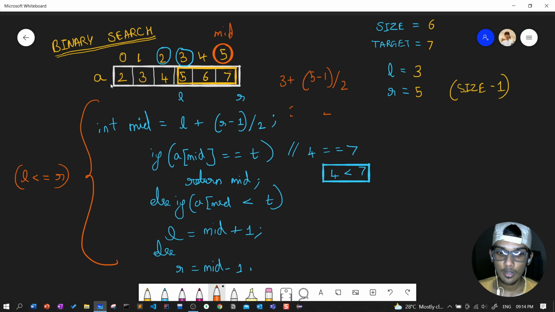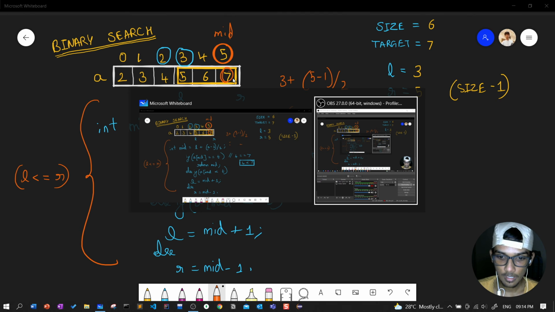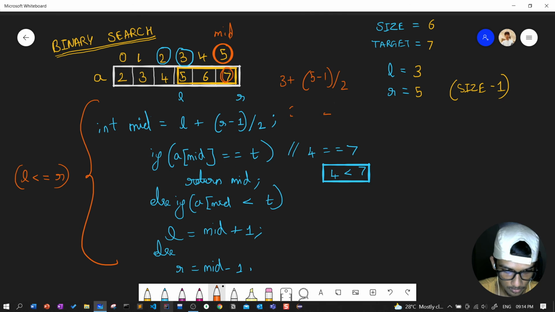So you can see that linear search is less efficient than binary search. So binary search is more efficient. You will be getting the element in the second iteration itself, or third iteration itself. So let's see how the code works, and we will be returning this element. Okay, let's see how the code really works.